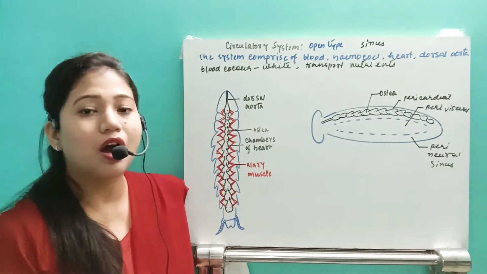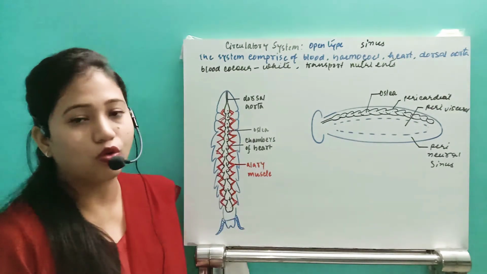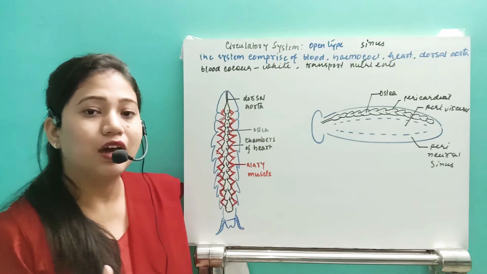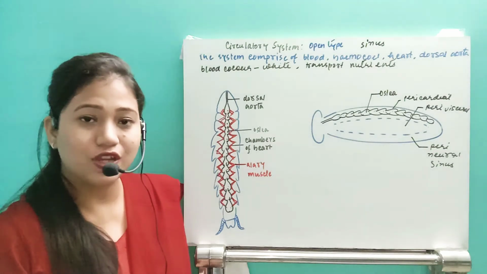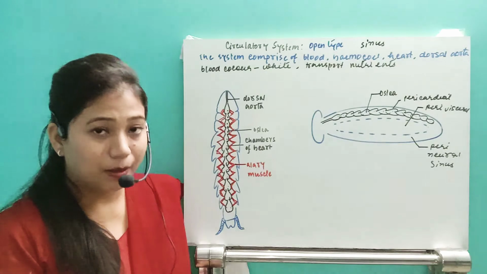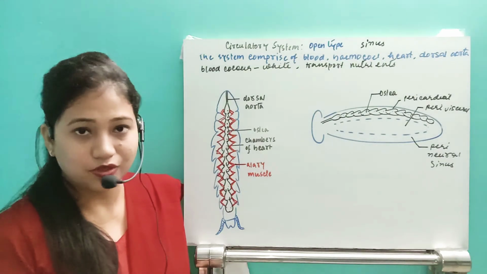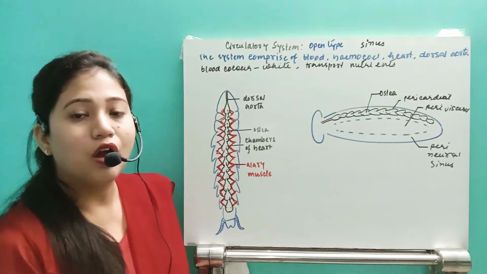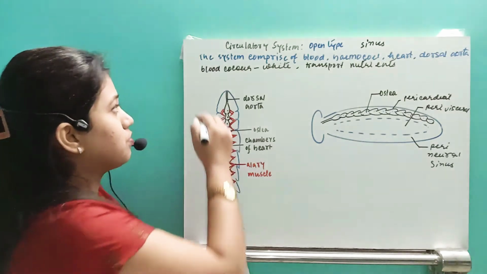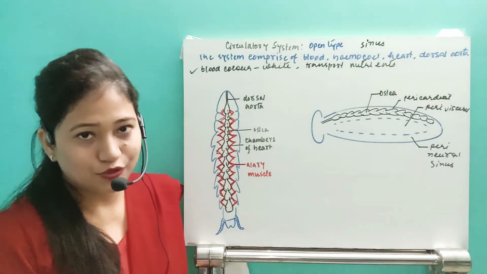As compared to the earthworm, the circulatory system in the cockroach is very much underdeveloped. And if you see the other system, respiration is underdeveloped in earthworm, but the respiratory system, compared to earthworm, is very much developed. Okay, that is called the tracheary system. We will discuss it later. So here just remember that the circulation will help only in the transport of the nutrients.